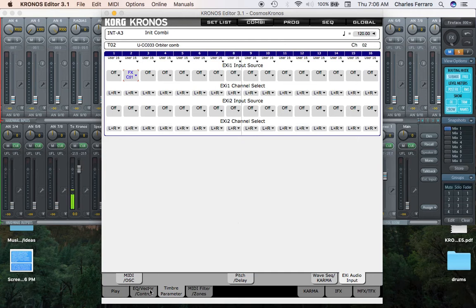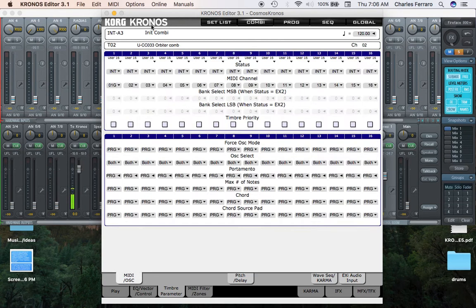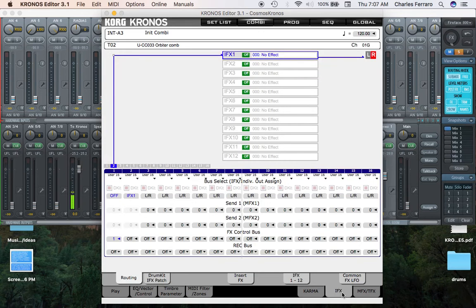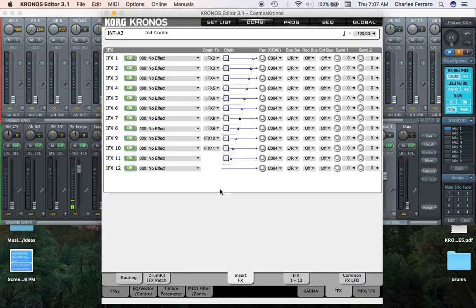And we're not hearing anything yet because we need to go to timbre parameter MIDI and oscillator and actually put the second timbre on global, so it's triggered by the keyboard. Pretty good. And then in the insert effects, let's go to insert effects 1, turn on, insert effects 2, chain them,